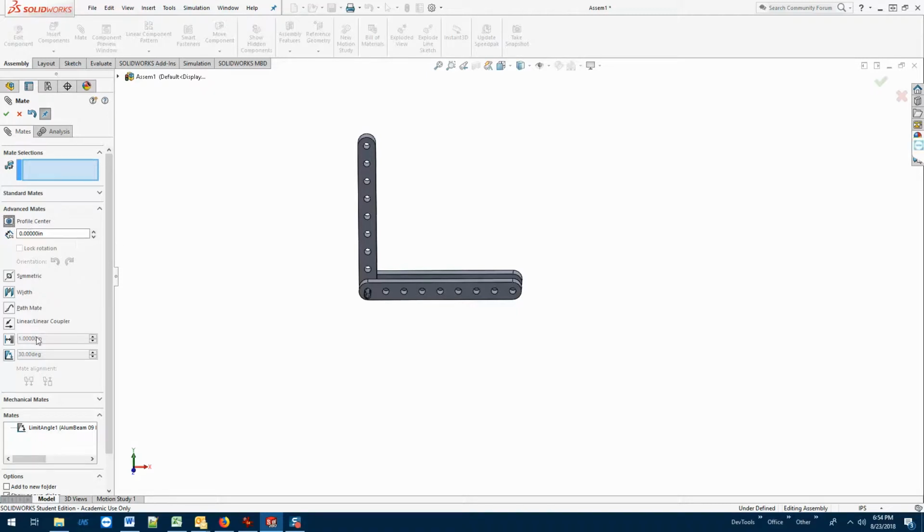The ones that I've shown you here, the distance and the angle mates, are really the only two underneath advanced mates that I have used. I have used the linear coupler mate, but again, I'm not going to get into that one during this session. But some of these you might explore and find out there's good reasons to use. Okay, so at this point I'm going to go ahead and